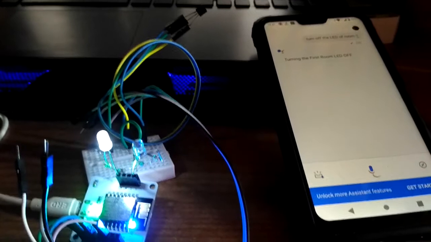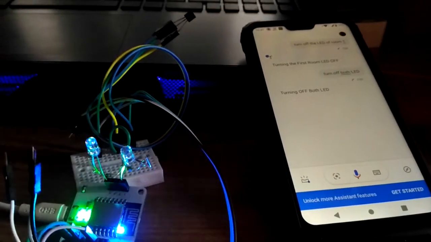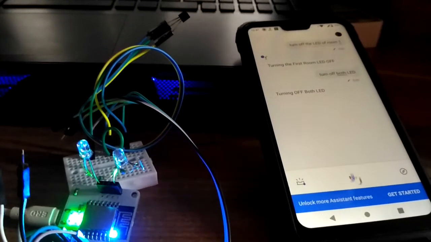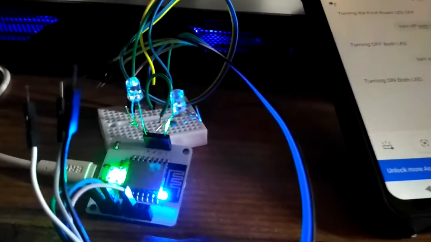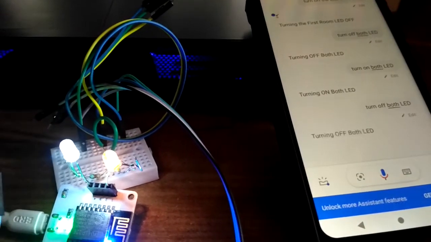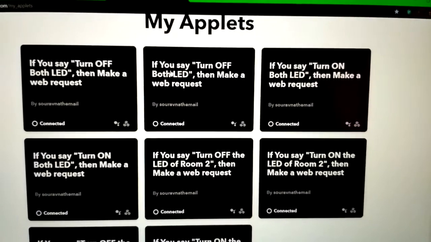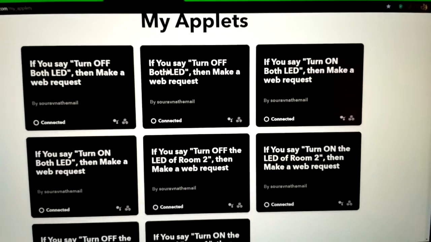Okay, Google, turn off both LED. Turning off both LED. Okay, Google, turn on both LED. Turning on both LED. Now both yellow and white LEDs are glowing. Okay, Google, turn off both LED. Turning off both LED. I will provide the necessary data and screenshots of how to form these applets to create